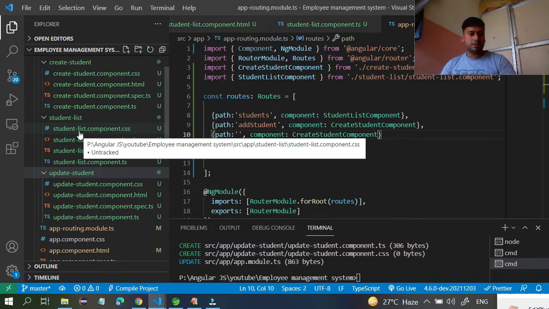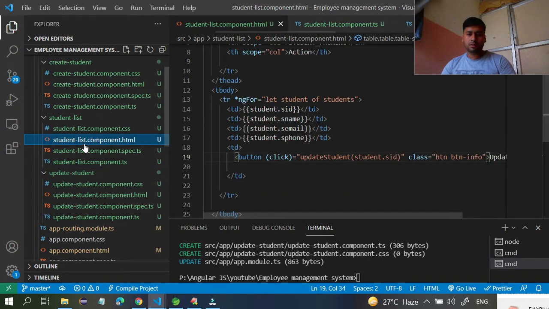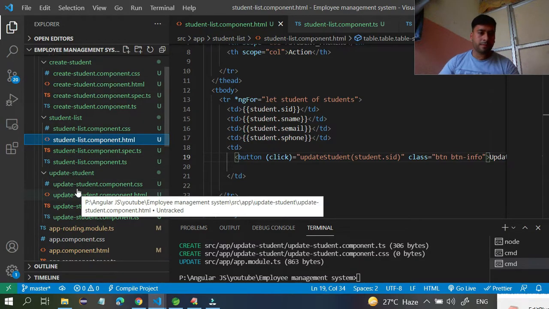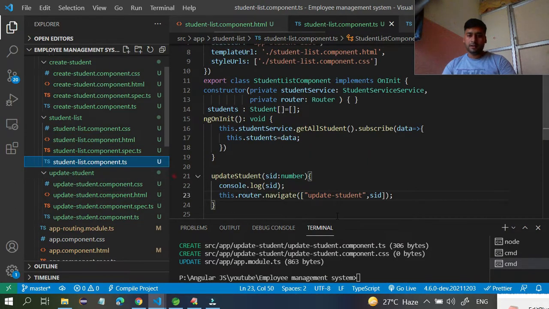Update student means whatever you passed in this parameter, like update student name. Go to this place.